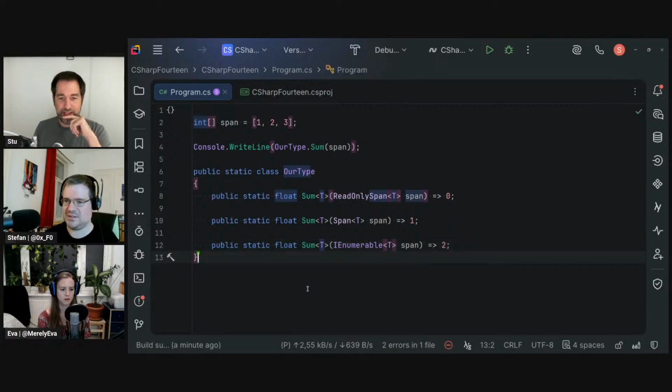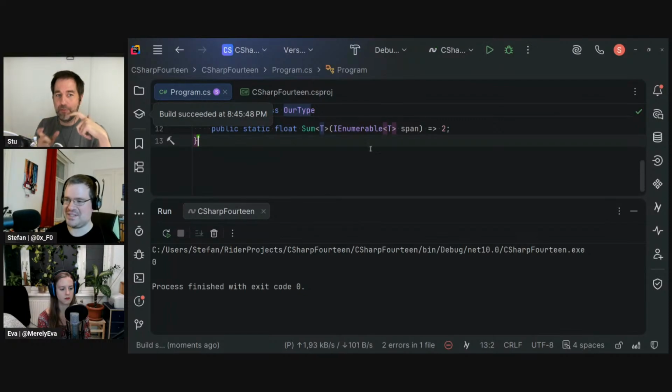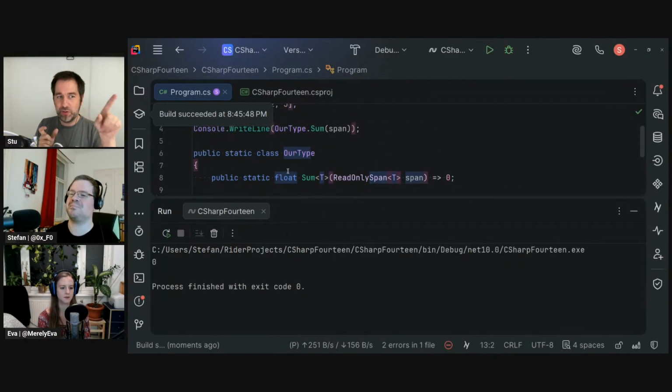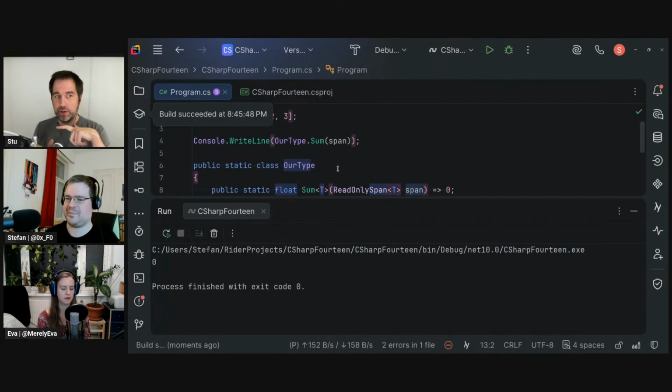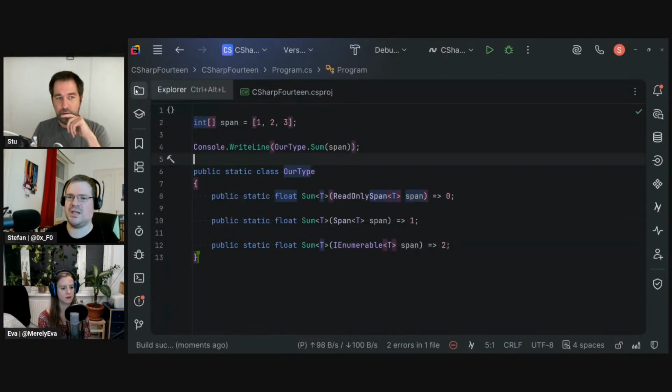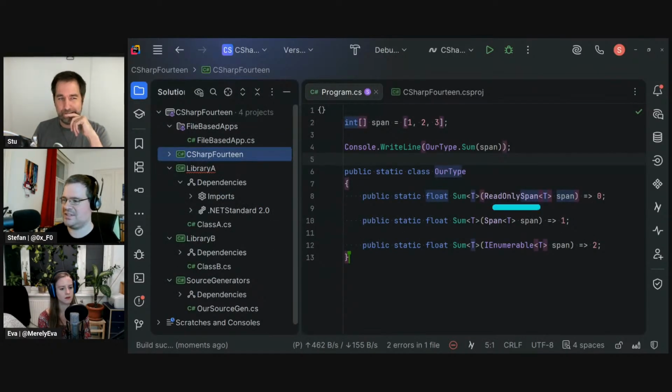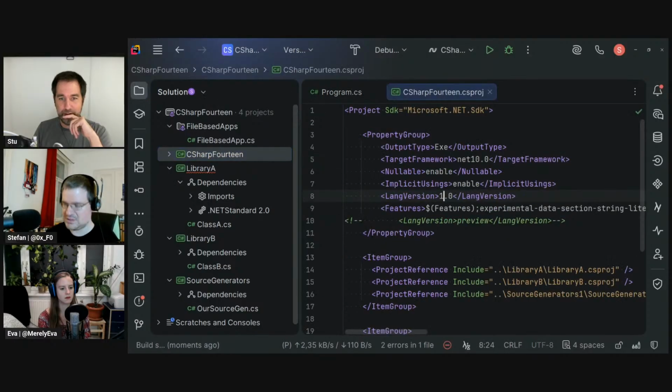So exactly. If it was array, then array would win because it is the type. If it's the exact match, it still wins. Before, I think if you downgrade, it's going to pick the IEnumerable one. But now in C# 14, it's going to pick the read-only span. It did indeed. And if we downgrade,